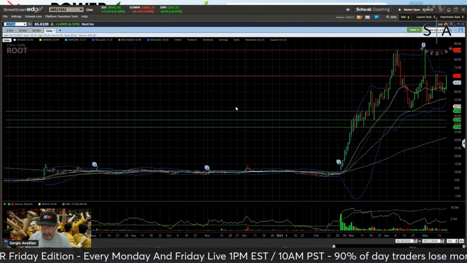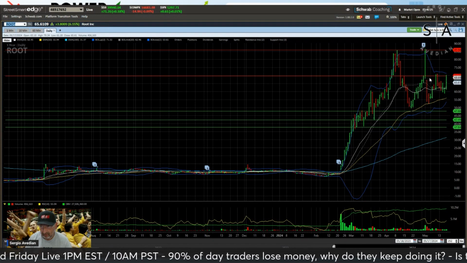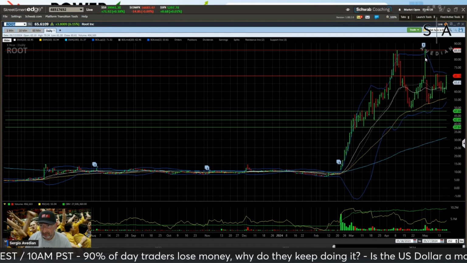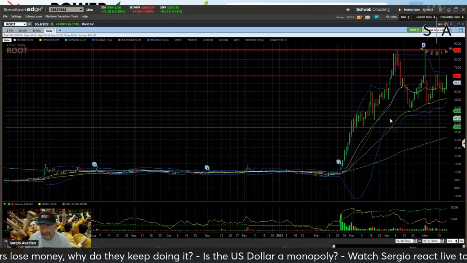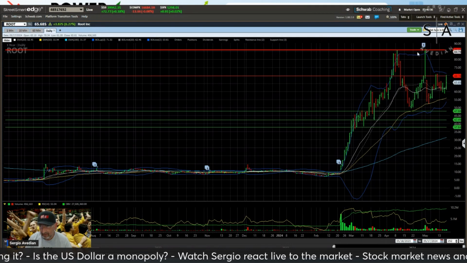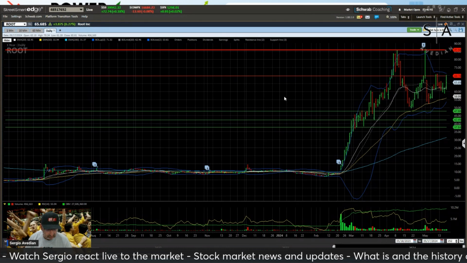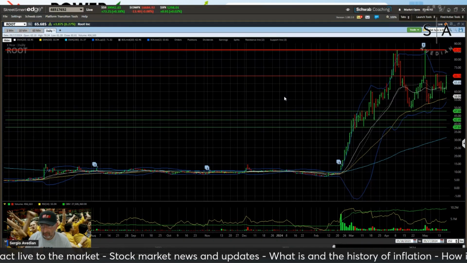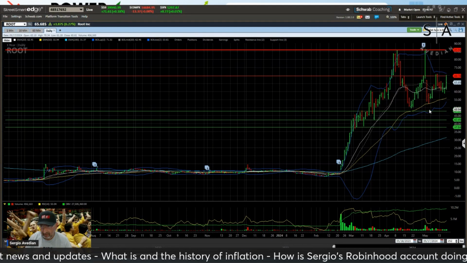Here's another one, Root Insurance, super volatile. I was long the stock at 50, sold it into the mid 60s. Earnings came out, went to 80. You guys talk about support and resistance, right? I had this line drawn way before it got there. What happened though? It got there and it got rejected. You think that's a miracle? Yeah, some people say technicals are voodoo stuff. It doesn't work. Well, why did it stop there? Right? It was the old high. It stopped there, got rejected.